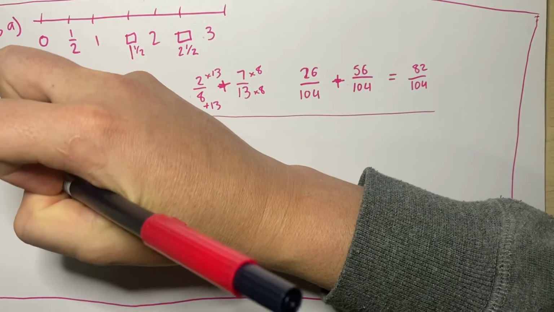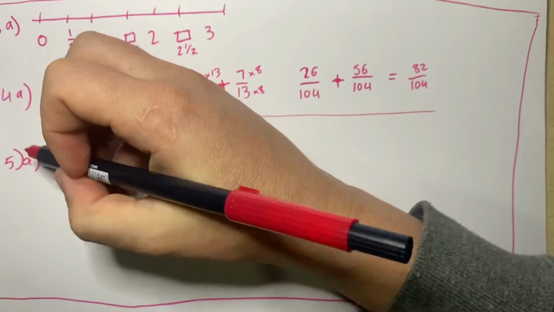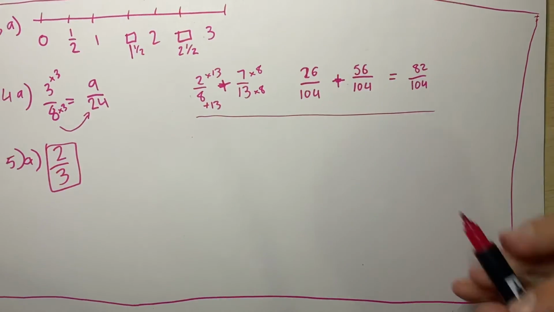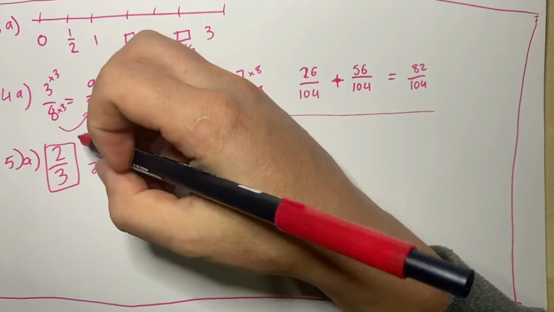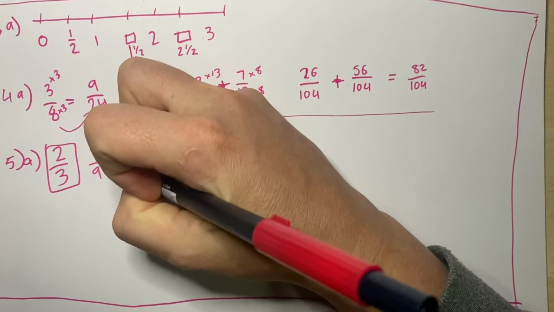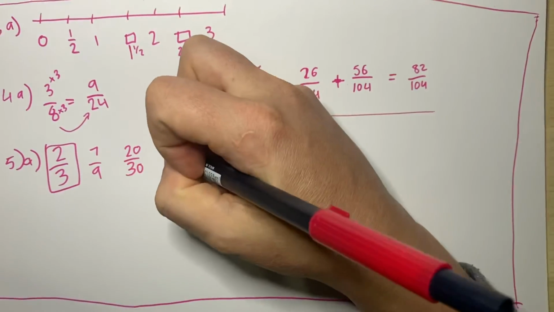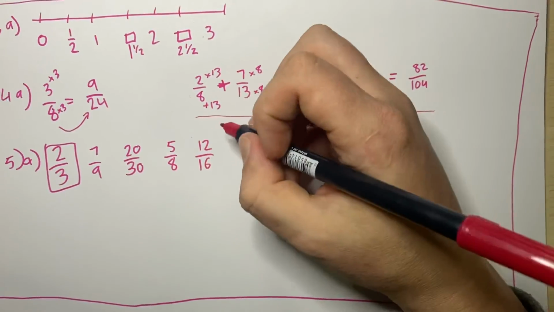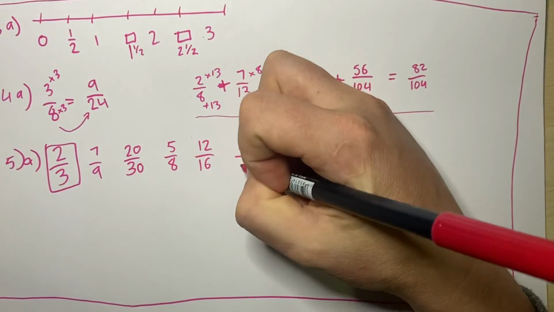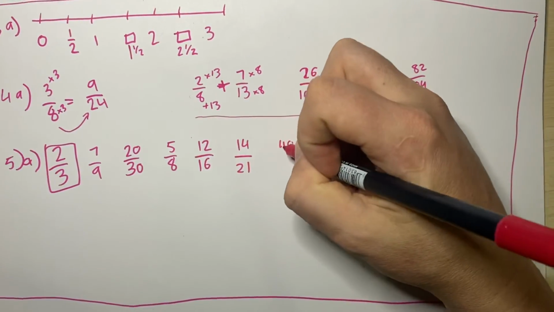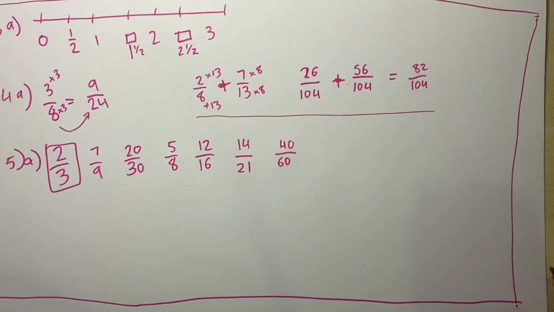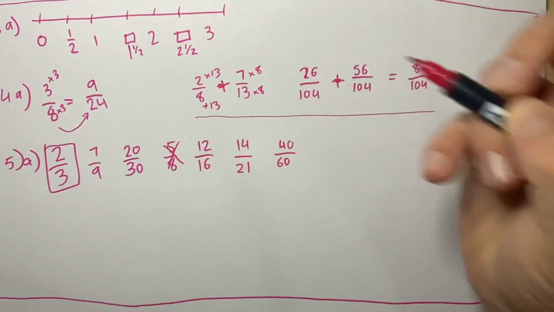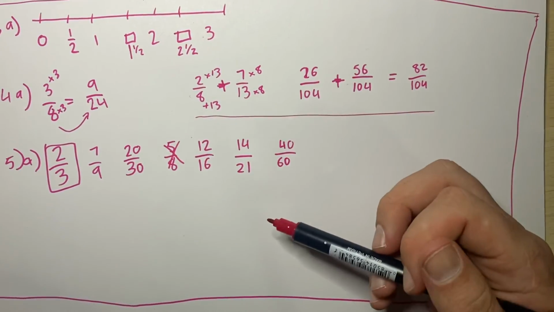Question 5. So it gives you a number out the front, and you have to then answer which are equivalent. So it gives you all these options, and you just need to decide if the denominator is a multiple, essentially. 12 over 16, 14 over 21, 40 over 60. So some are pretty obvious straight off the bat. So 5 over 8, it's not going to be one. Here, 12 over 16,